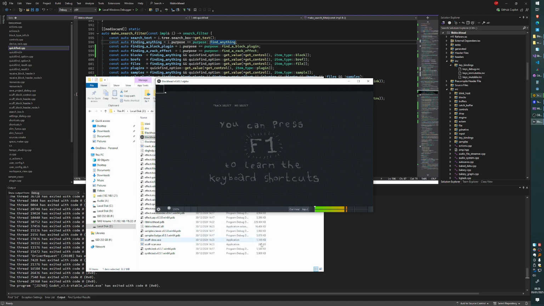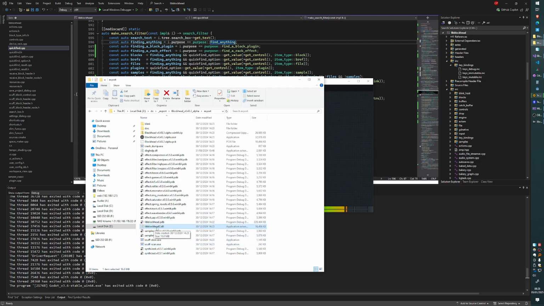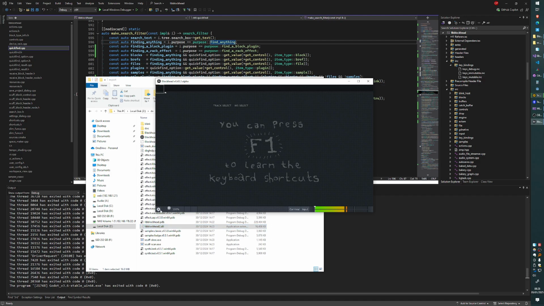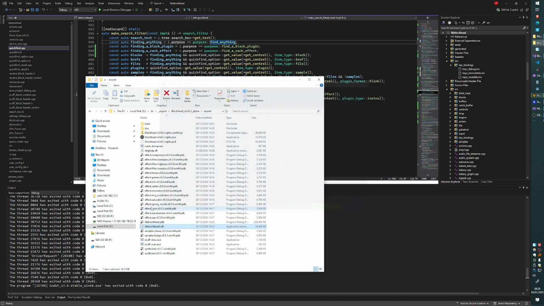And basically, if it gets to this point, it's because this has failed to load for some reason. In this case, I've just changed the name of it, so it hasn't loaded it. But as soon as you click anything, it will just sort of freeze for a second and close. I don't know if that's a crash or if that's actually the Godot engine deliberately shutting down the engine, because you're trying to interact with native scripts that haven't been loaded in. So I want to try and do something better in this situation, because